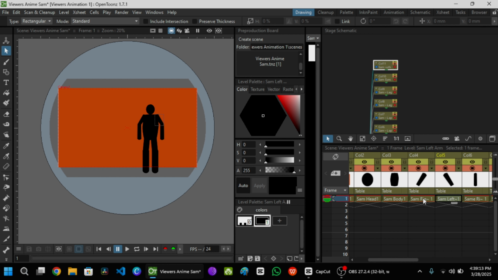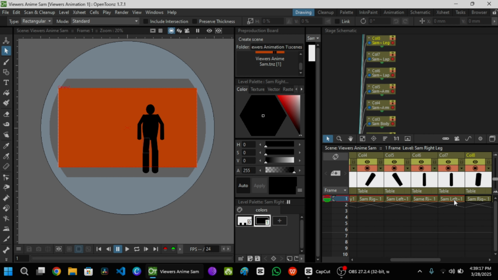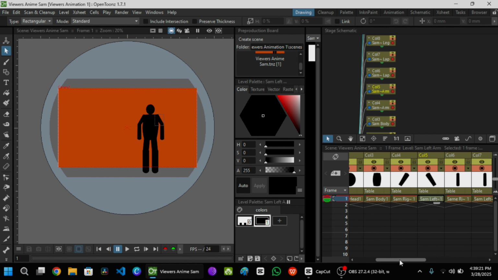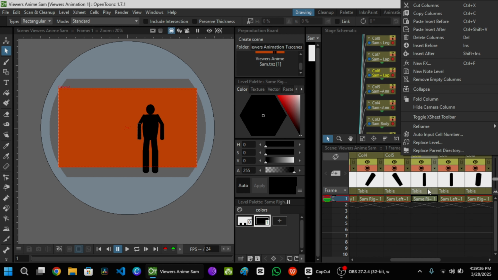What went wrong? Okay, this is the right arm, this is the left arm, this is the laps. Okay, what went wrong is that we don't have